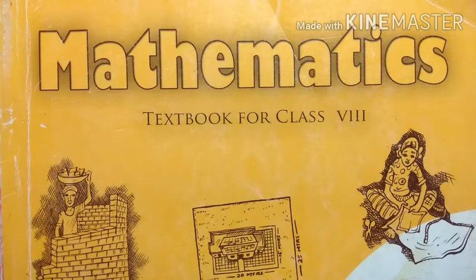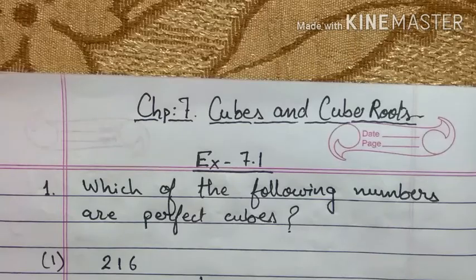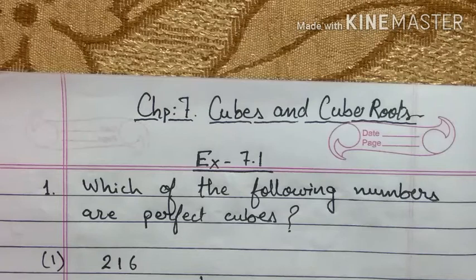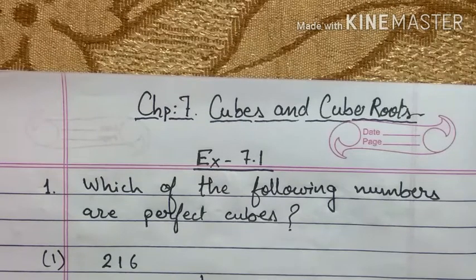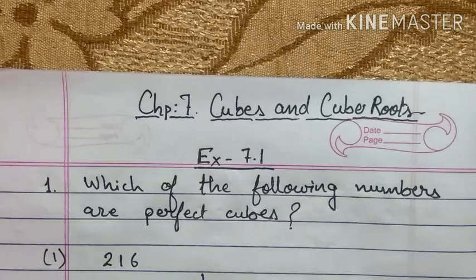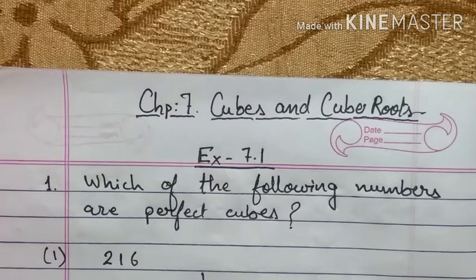So in this module we are going to discuss exercise 7.1. So let's start. Which of the following numbers are perfect cubes? Okay, so the first question is 216. So we have to check this number is a perfect cube or not. For that we have to do prime factorization of